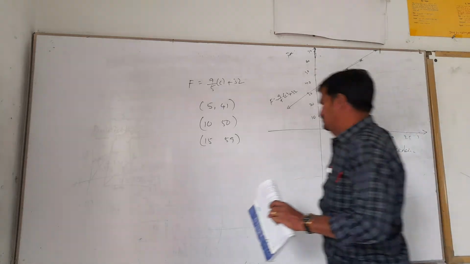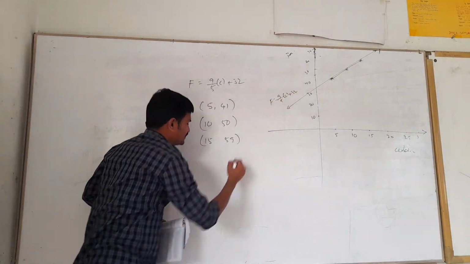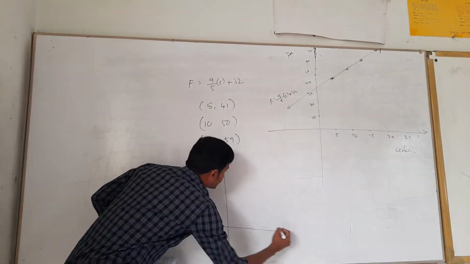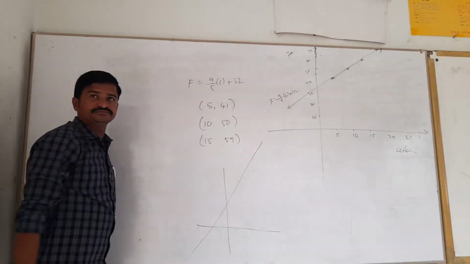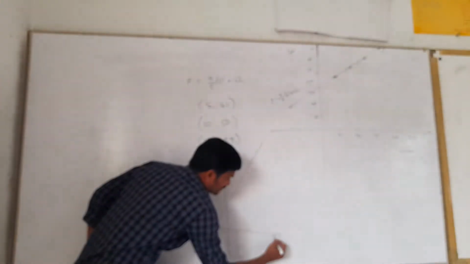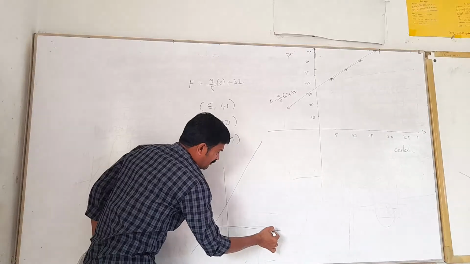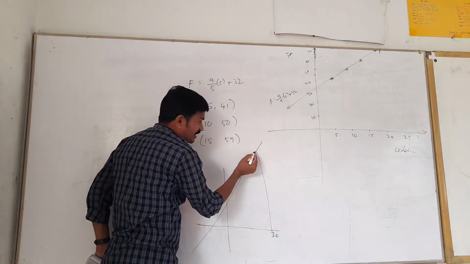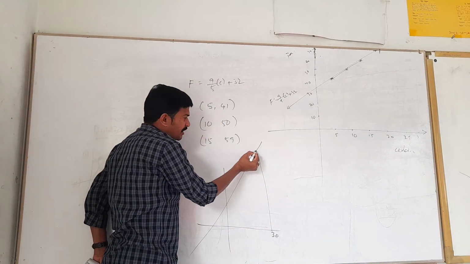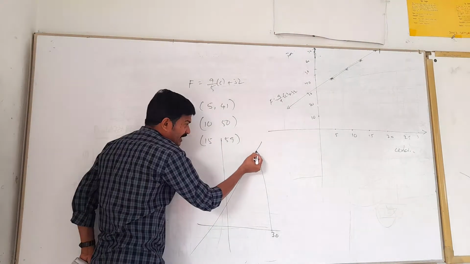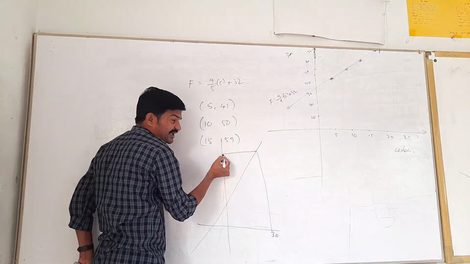Suppose, as there is not sufficient place, here I am drawing just a rough sketch. This is the line like this. This is the 30 there. From here you have to draw one line like this, where it is touching here. Now from here again you have to draw one perpendicular to the y-axis.